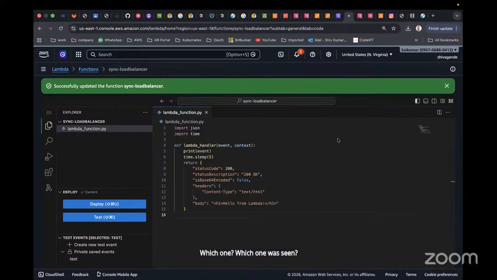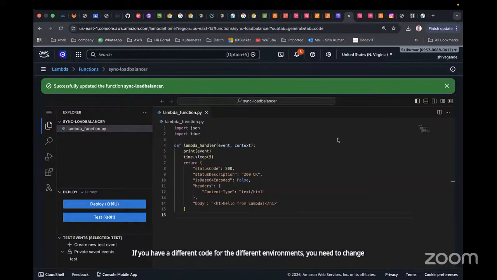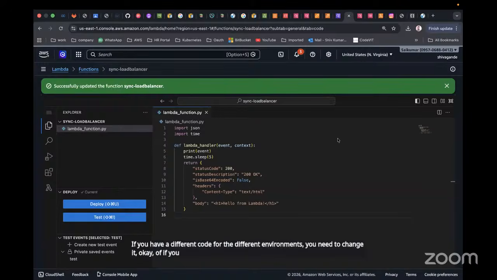Is it a one-time implementation, or do we have to change it based on the different environments? If you have different code for the different environments, you need to change it. If you have the same code across the environments of the Lambda function, you just need to